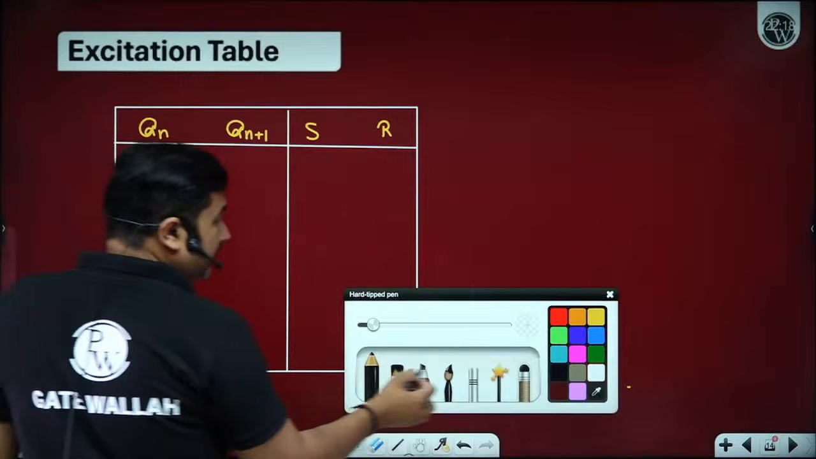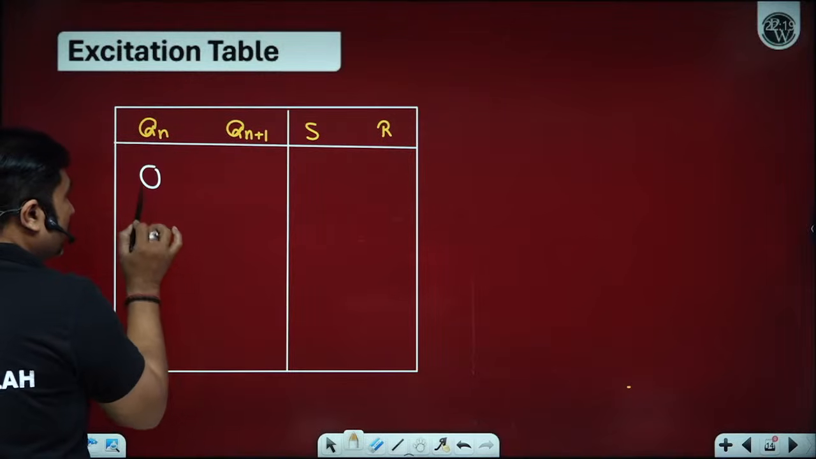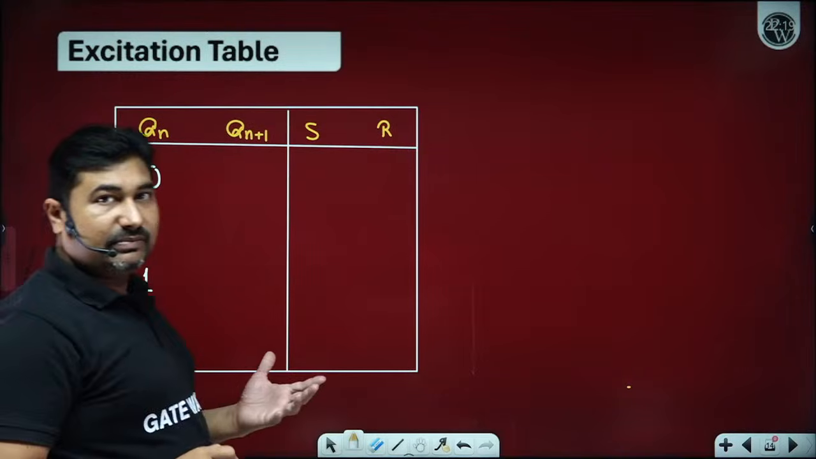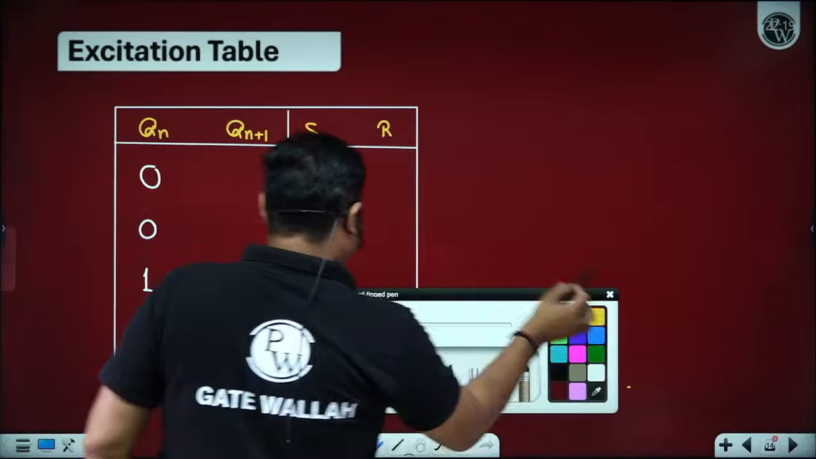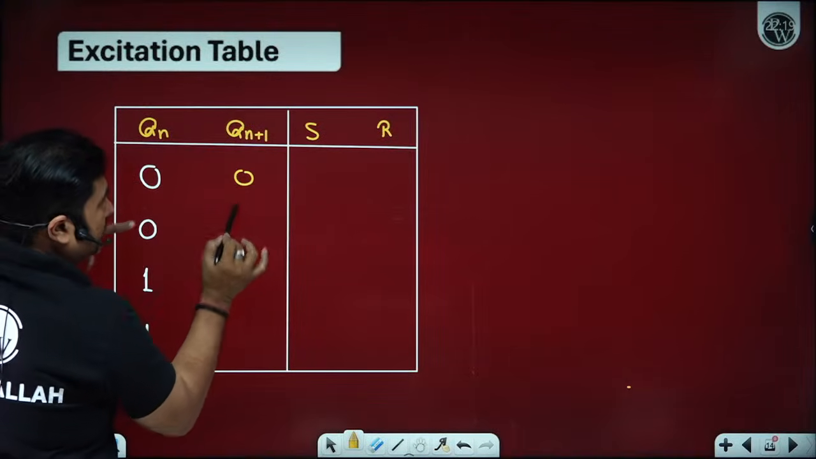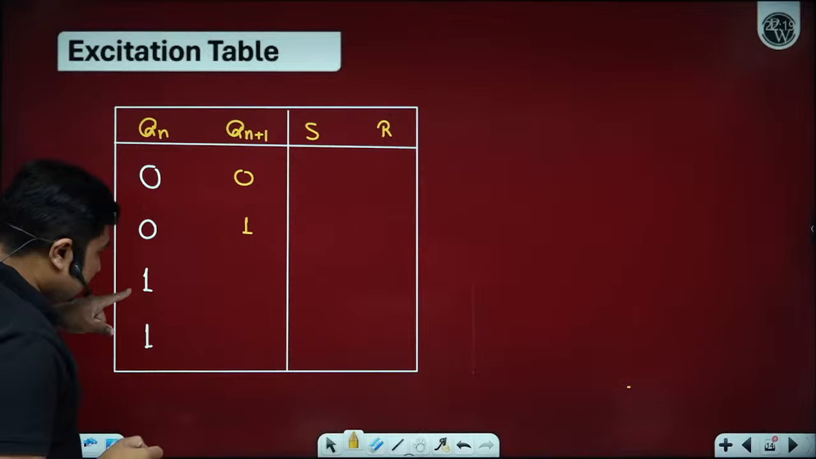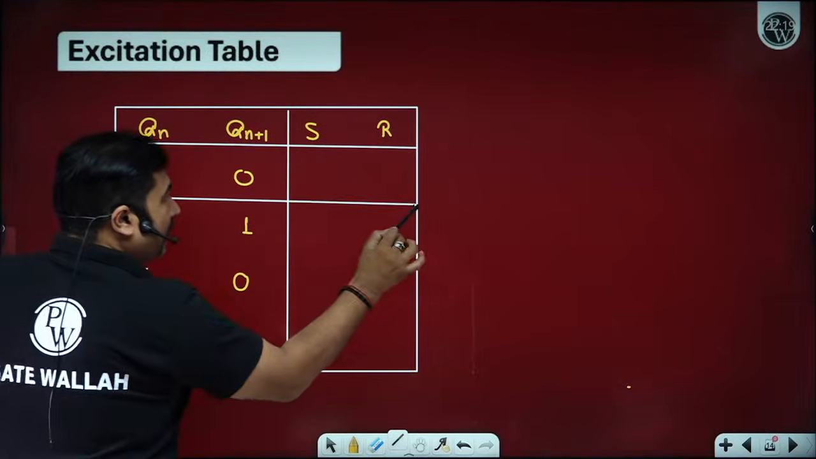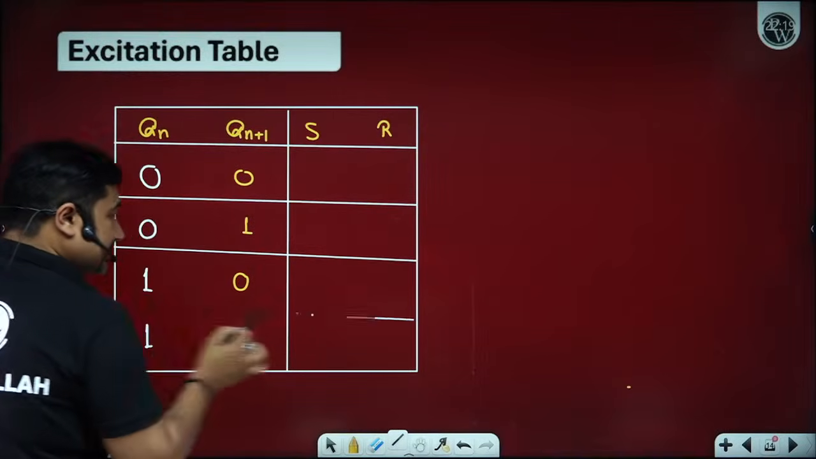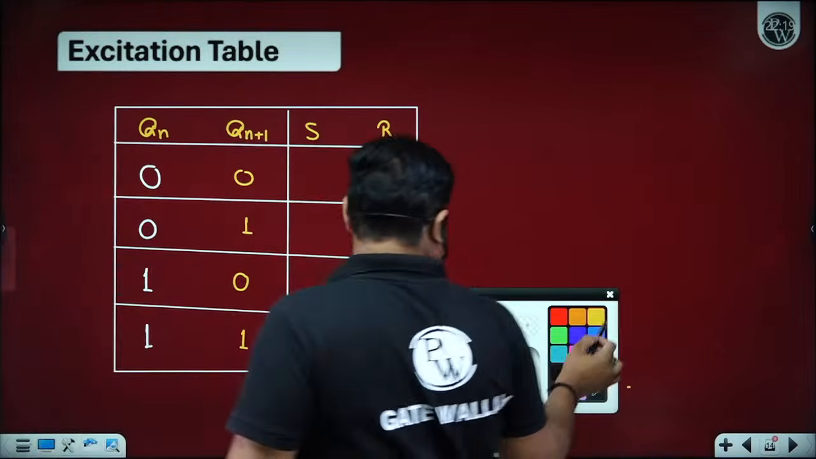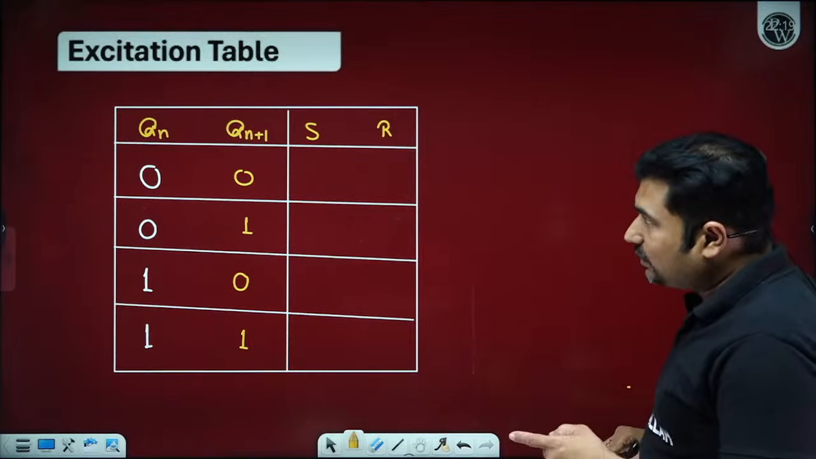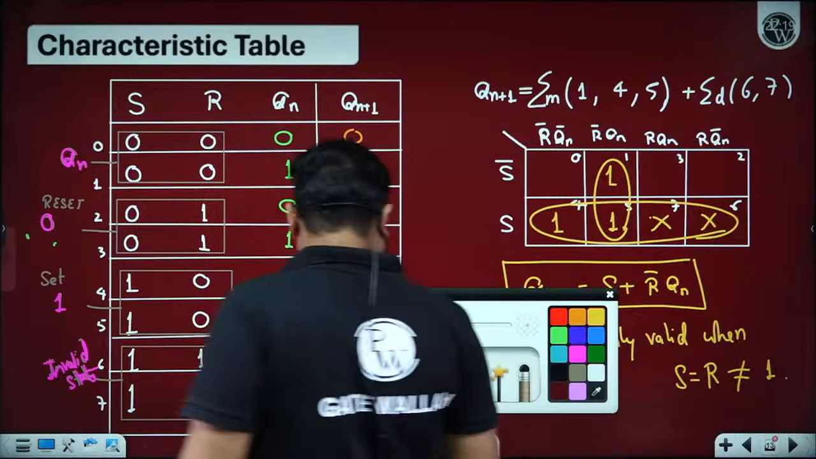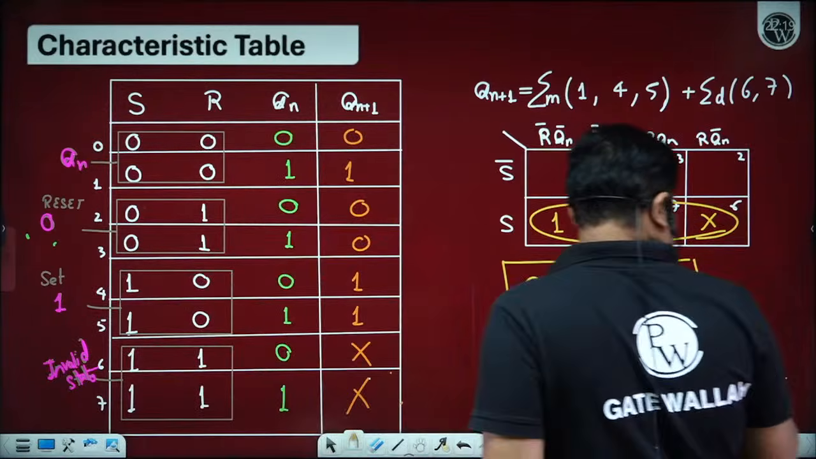How many possibilities? Maybe we have Qn 0, or maybe we have Qn 1. The present state may be 0, maybe 1. For present state 0, the next desired state may be 0, maybe 1. For present state 1, the next desired state may be 0, maybe 1. So we have 4 possibilities of present state and next desired state. If the present state Qn is 0 and Qn plus 1 is also 0, then for 0, 0, please observe,